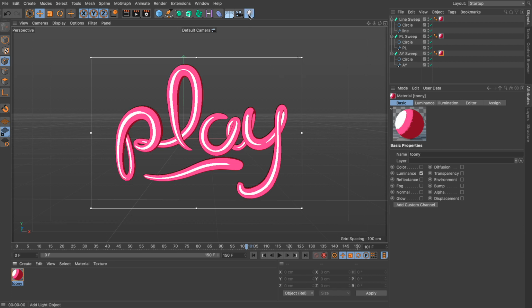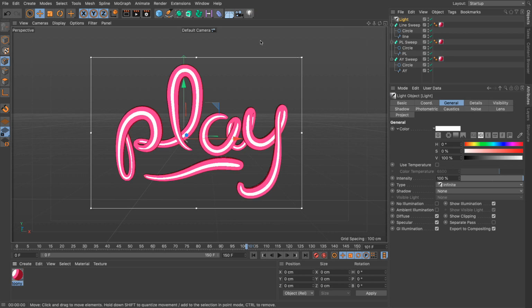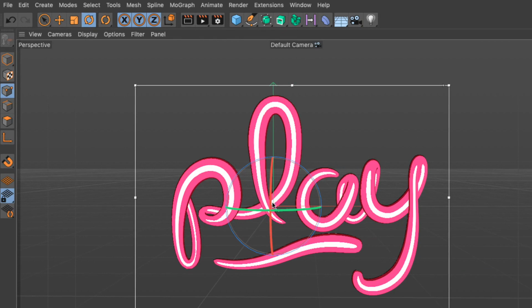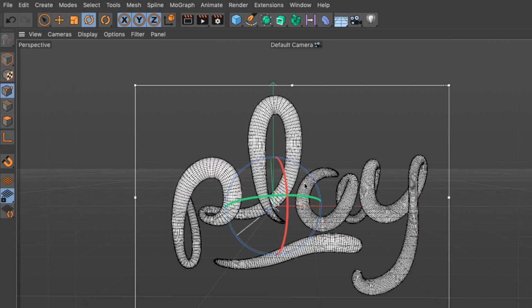So go and click and hold the lighting panel and create an infinite light. With an infinite light, you shouldn't care about the position. It doesn't care about the position. It does care about rotation though, because it's a directional light. Select your rotation tool, and you can see this rotation gizmo, and make sure you click and drag inside this little sphere. Click and drag, and we're actually rotating. You can see where the direction of the light is.